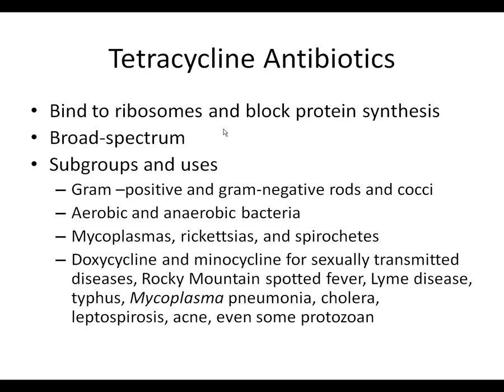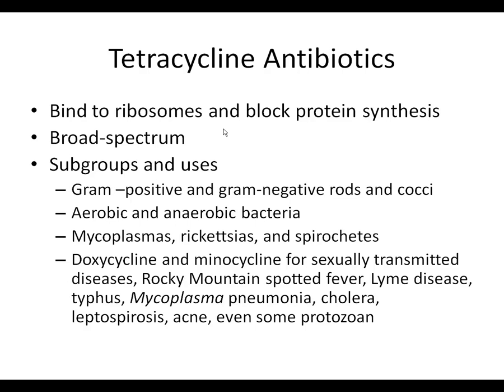Tetracycline is probably one of the most effective drugs. We saw on that graph that it is a very broad spectrum antibiotic. It binds to the ribosomes and blocks protein synthesis. Extremely broad spectrum. Its subgroups and uses are going to include gram-positive as well as gram-negative rods and cocci. Aerobic versus anaerobic bacteria, it doesn't matter. It can also be used to treat some of these atypical bacteria like Mycoplasma, Rickettsia, spores, and some of the spirochetes that are very pathogenic and are part of the